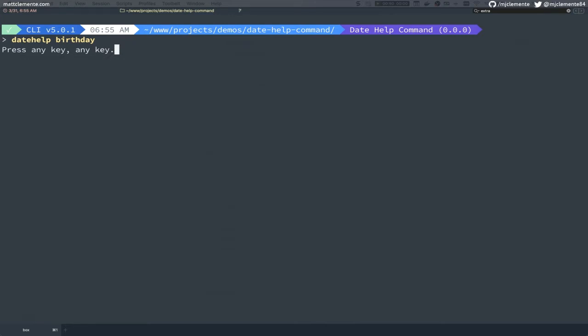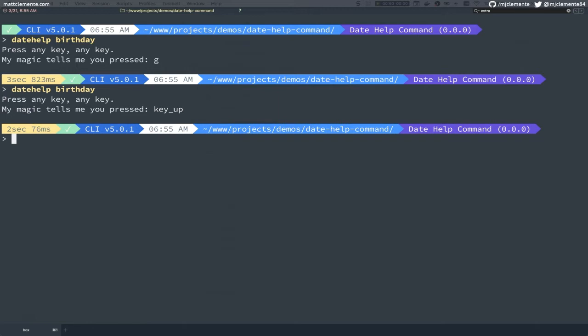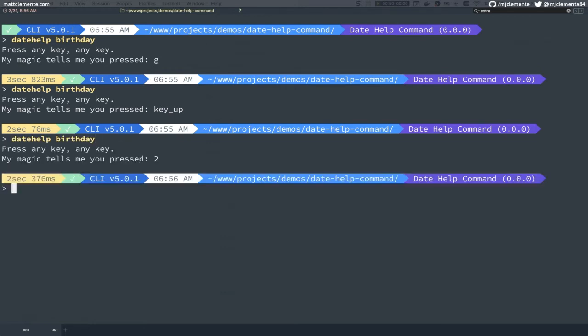I'll press G, and you'll see that's captured. And if I run it again, I can press the up arrow key, and you'll see that there are special codes for keys like that to tell you what was captured. Run it again and press a number, and 2 is captured. So that's how wait for key works. It stops the processing of the command, waits for the user to enter any key, and then captures that key